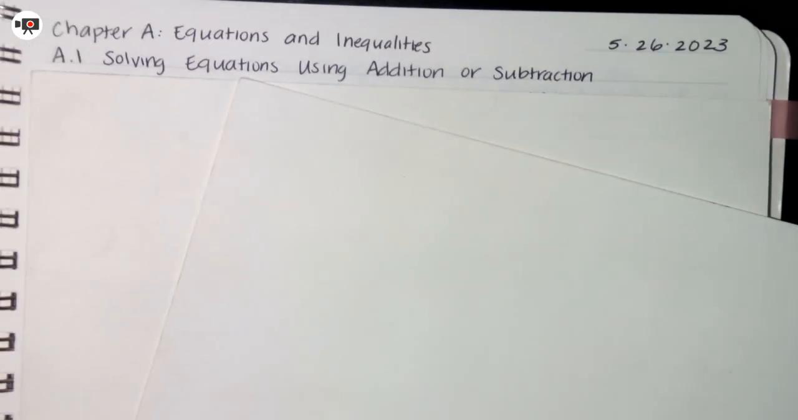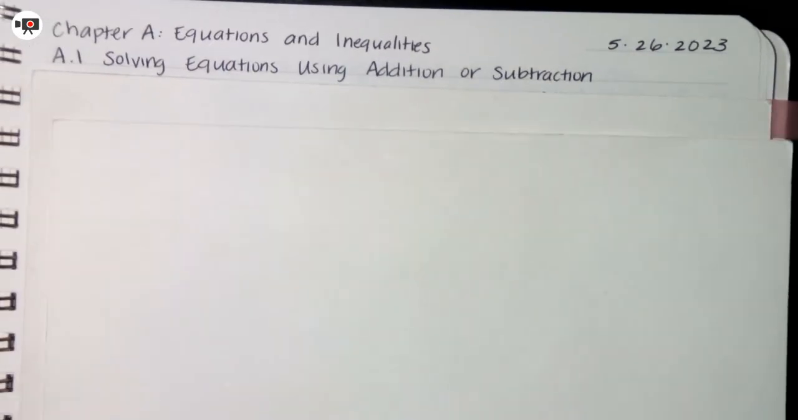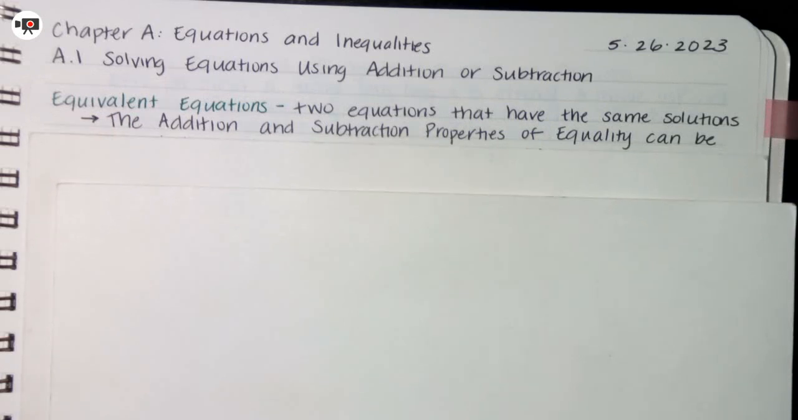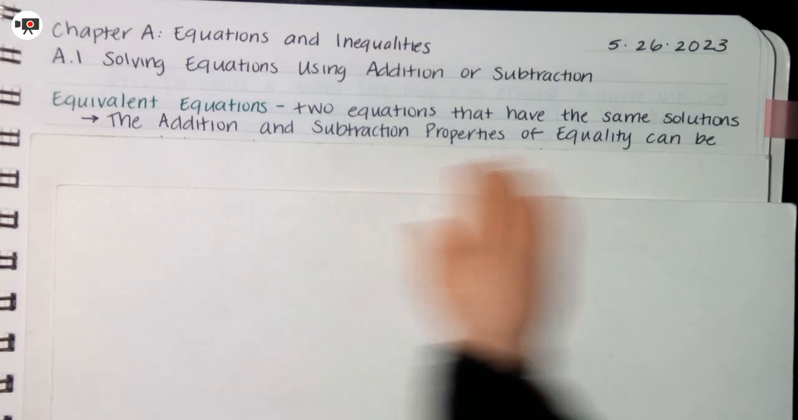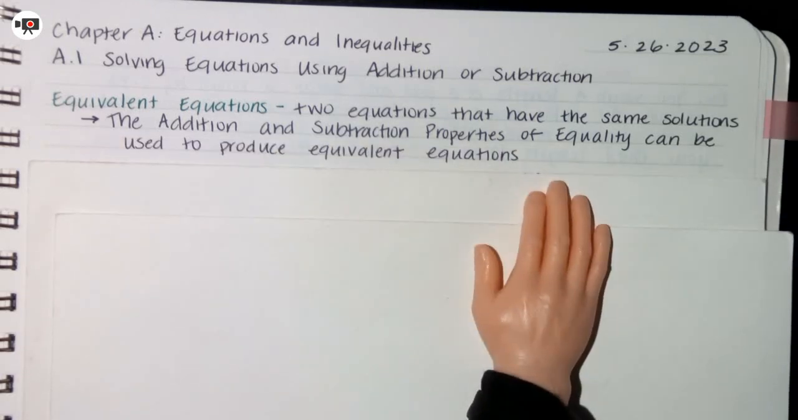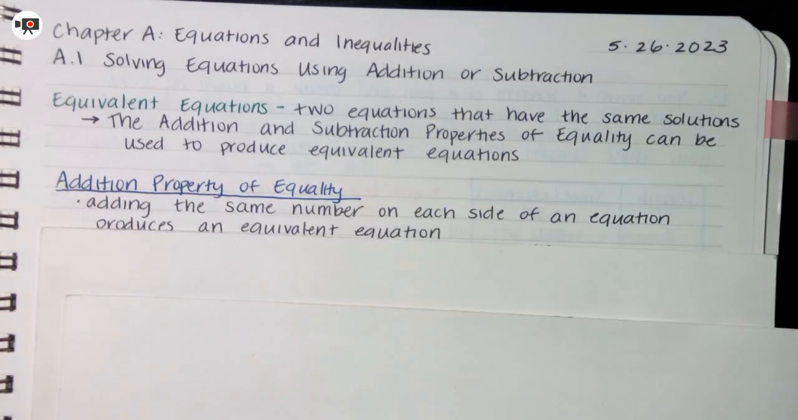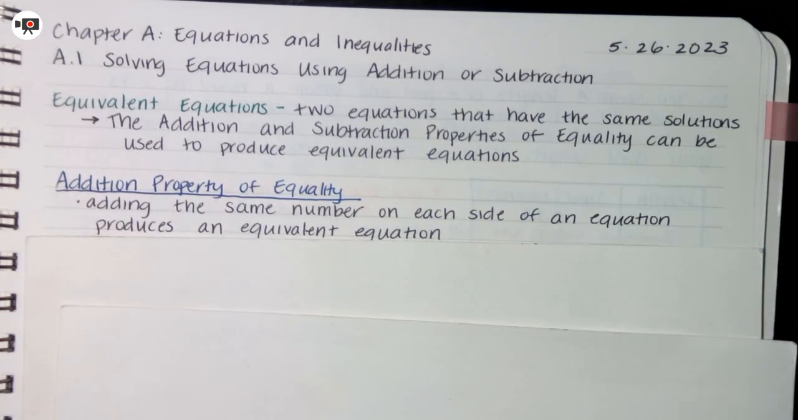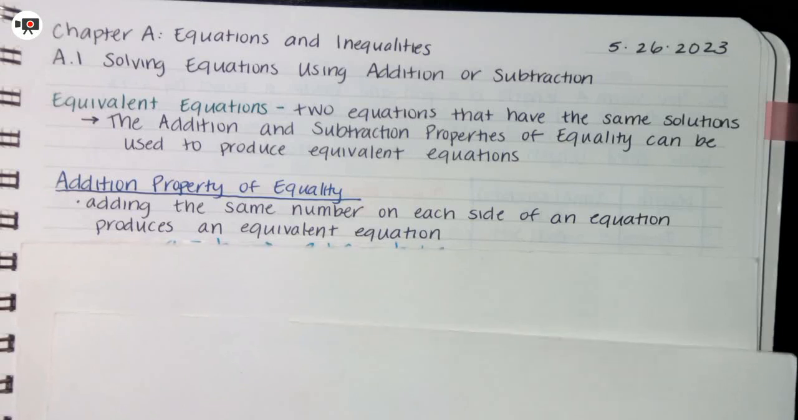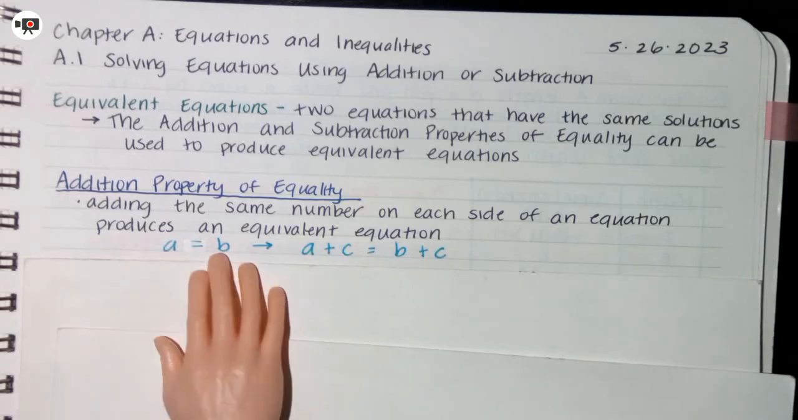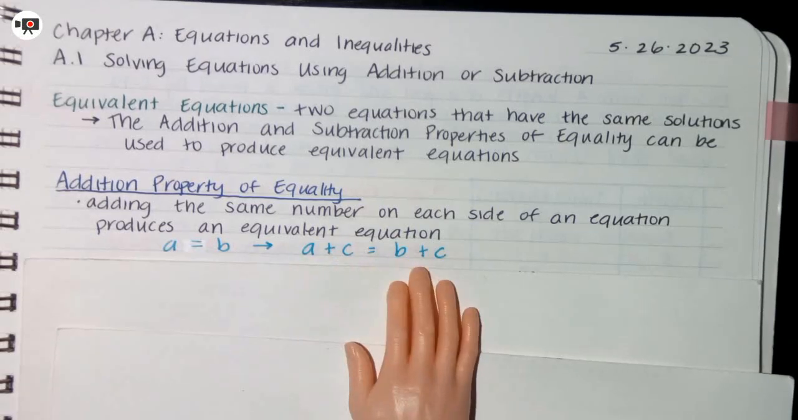This is 8.1, solving equations using addition or subtraction. Equivalent equations are two equations that have the same solutions. The addition and subtraction properties of equality can be used to produce equivalent equations. So the addition property of equality says that adding the same number on each side of an equation produces an equivalent equation. So that means if I have A equals B and I add the same number on each side,